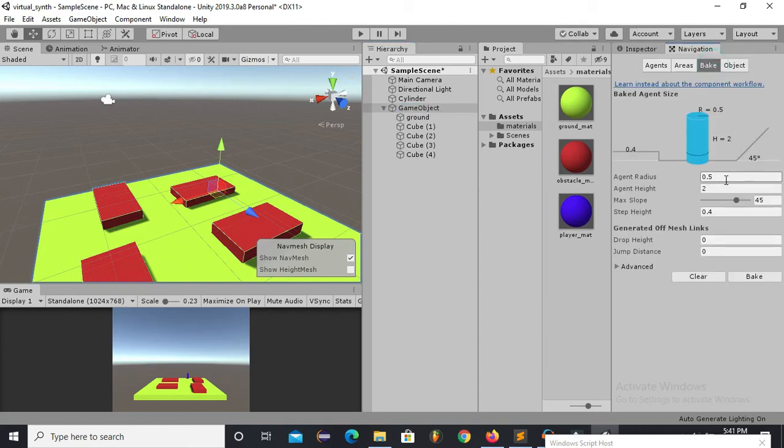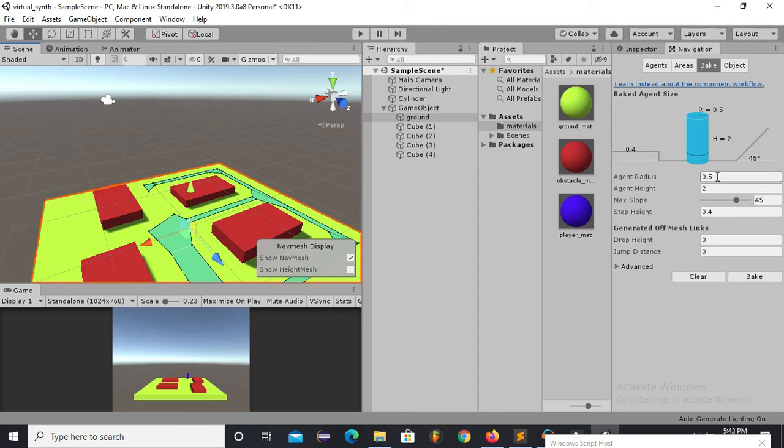Now you have to make changes in this baking agent, and if I do not make any changes and I run it, you can see that it has created a blue part. This blue part is the path which NavMesh found for us, and our agent, or you can say our player, can easily move on this path. But we want our player to move on the whole ground, and you can see that this baking agent has created only this part for us, but we want this blue part all over the surface.